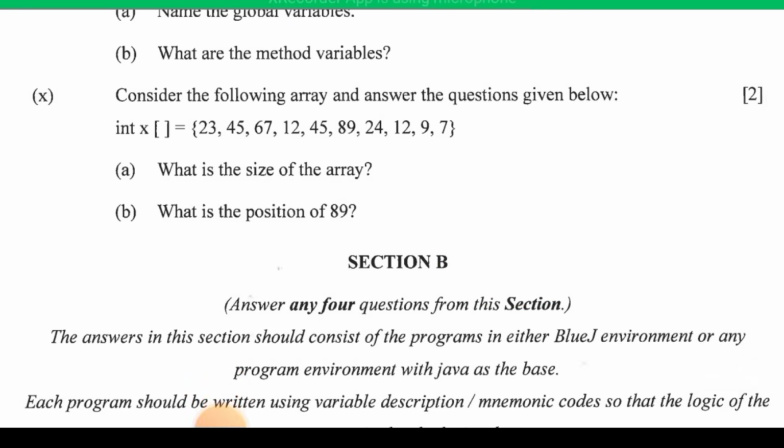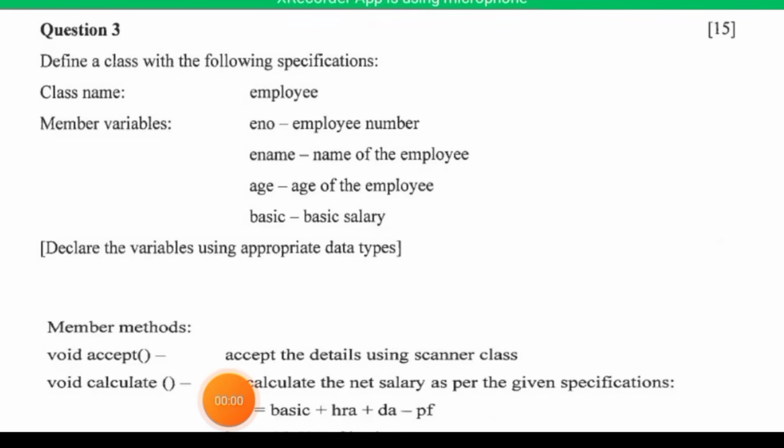Okay, so this is the first part we have completed. Now we will be moving towards the second part of the paper, that is section B. The first question is, define a class with the following specification. So we have to define a class where the specification, data members and member variables of the class are already mentioned